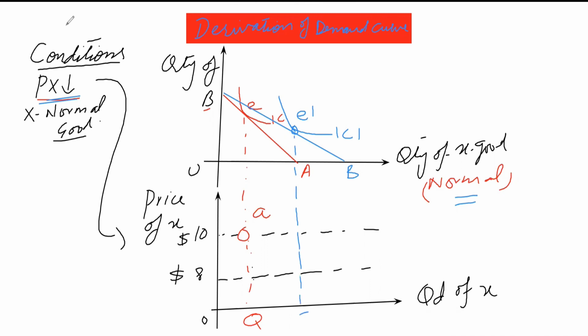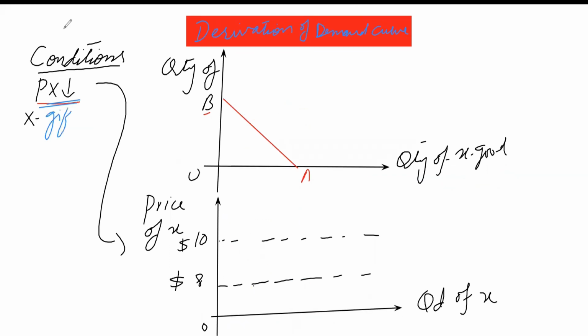So new equilibrium will take place at E1, and we can again draw a perpendicular to find out quantity demanded, and quantity demanded is Q1, and this perpendicular intersects price line $8 at point B. Now join points A and B to get a demand curve. So this is a normal demand curve which is negatively sloped, and it confirms the scenario which we already discussed